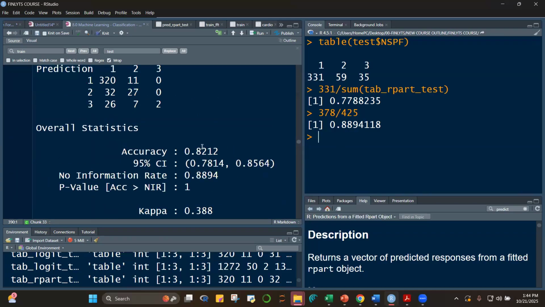As compared to using the model, using the rpart, you'll only have 82%. And check the p-value, class. We're saying here that they're the same. The accuracy using the model and the accuracy using NIR are just the same. And the p-value is approximately 1, class. So that's really very high. It's greater than 0.05. So we fail. Okay, so again, the null hypothesis here is that the accuracy is better than the